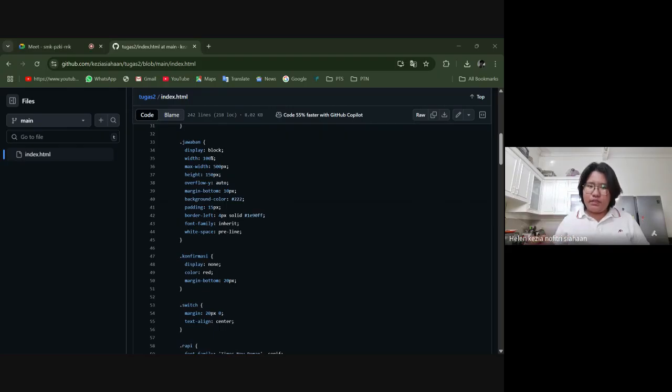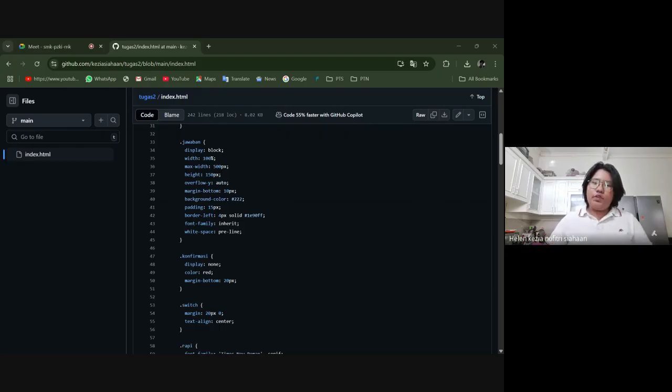Then the padding is 15, and the border left is 4 pixels solid with color blue. A little bit blue, darker blue maybe. I forgot a little bit what it was. And the font family is in hurry.